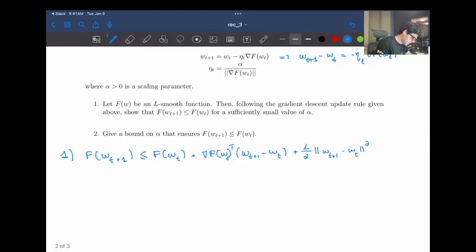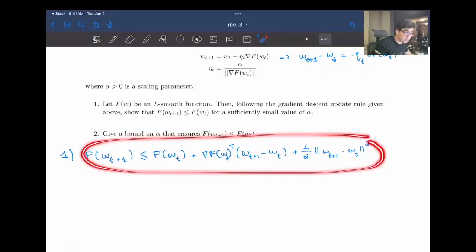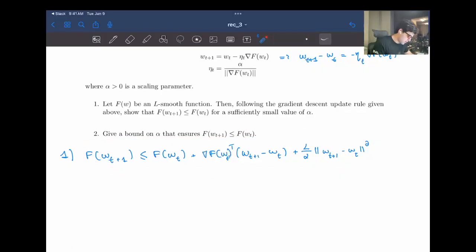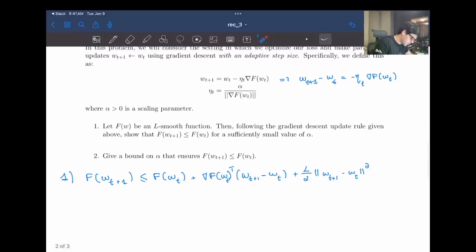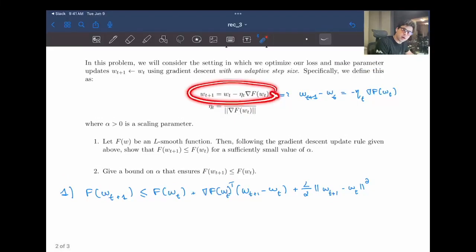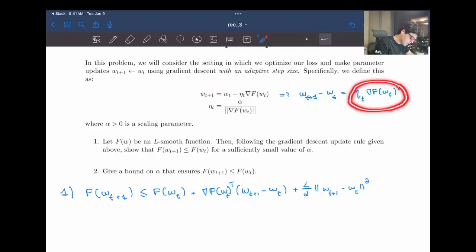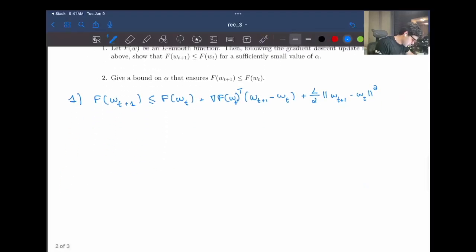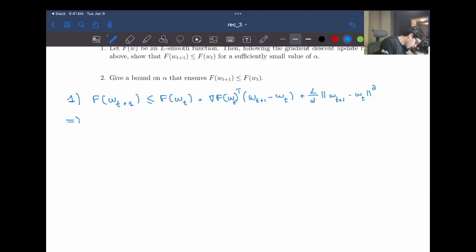So basically, in this definition of L-smoothness, we want to introduce alpha, right? And in order to introduce alpha, we need to introduce eta, the learning rate, and the only terms that relate to eta are this one and this one, right? And we can rewrite this gradient descent update in this way. You just move the w_t to the other side, and then this is equal to minus eta_t grad f of w_t. So this implies